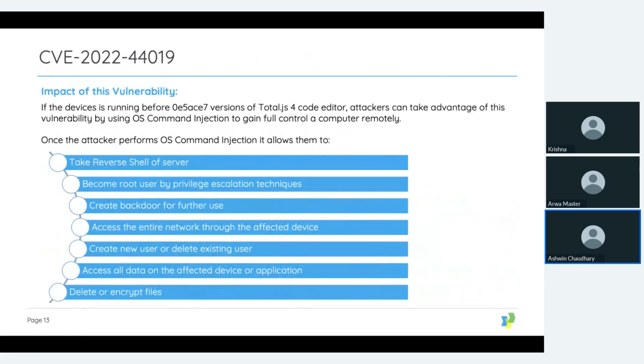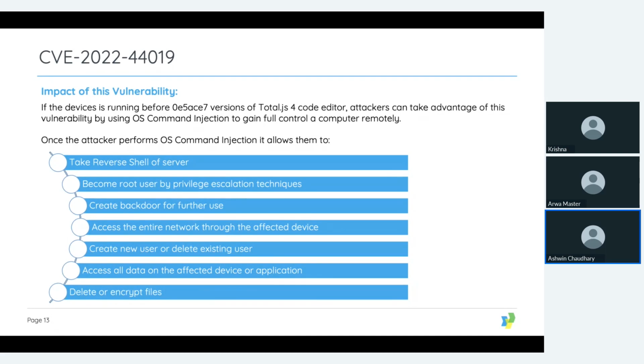If the devices are running versions before the OE5ACE7 versions of the Total.Js 4 code editor, the attackers can take advantage of this vulnerability using OS command injection to gain full control of a computer remotely. Once the attacker performs the OS command injection, it allows them to take a reverse shell of the server, become root user by privilege escalation techniques, create backdoors for further use, access the entire network through the affected device, create a